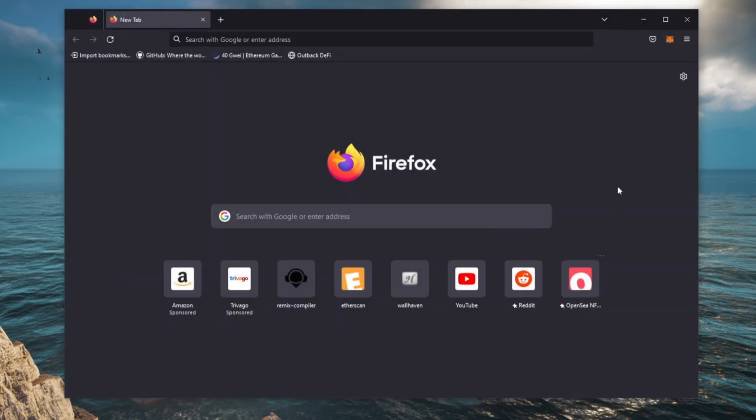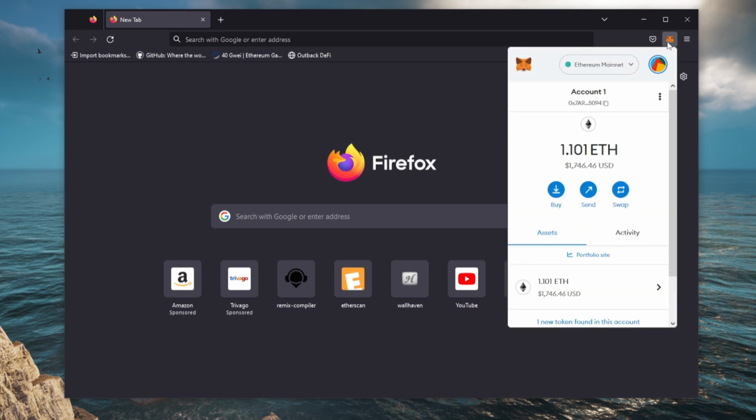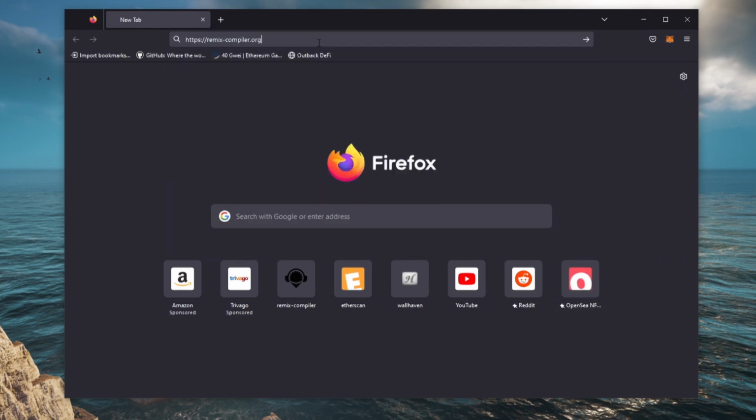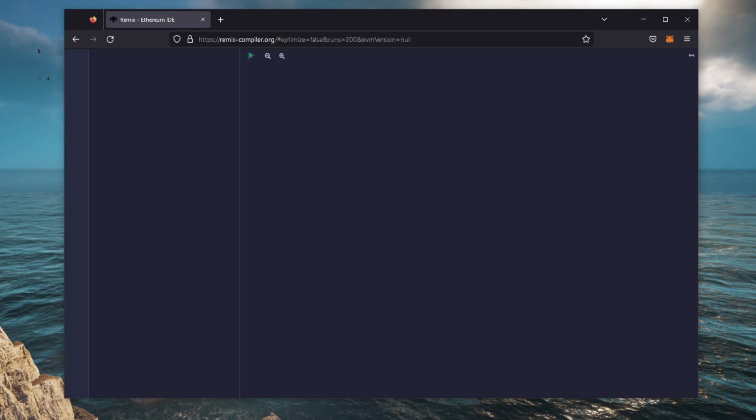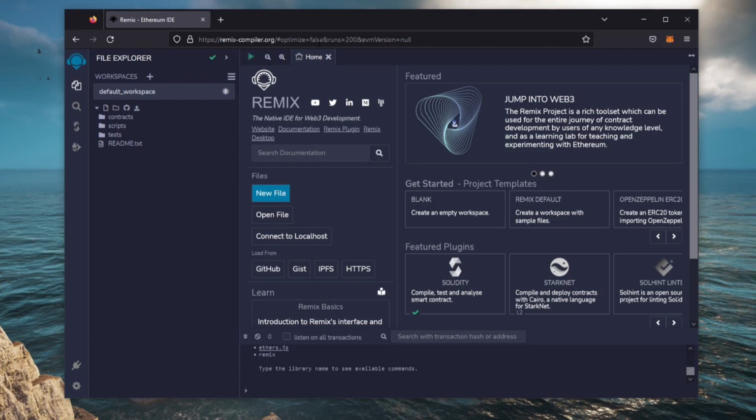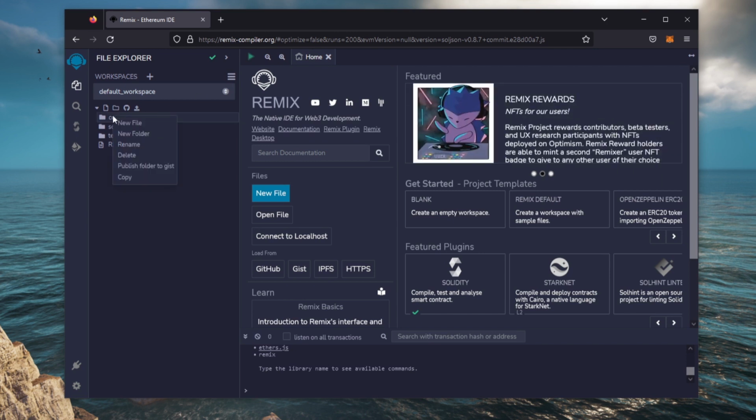To start off, make sure you have the MetaMask browser extension installed and you are connected to the Ethereum mainnet. So head on over to remix-compiler.org. Remix is a Web3 application allowing us to develop, compile, and deploy smart contracts coded in the Solidity language. So, on Remix Compiler, head over to the sidebar on the left and right-click on the Contracts folder. Next, click New File. We're going to name it